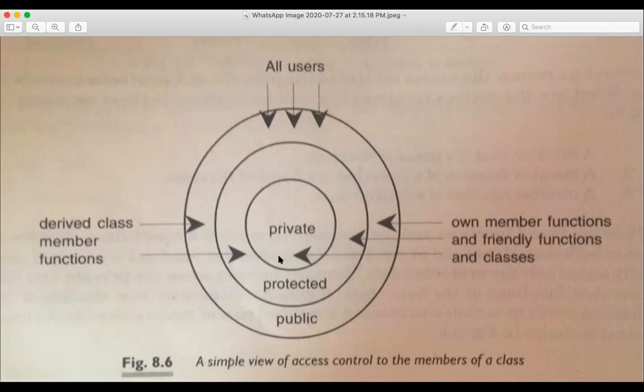So this diagram is again a very important one. Yes, getting this diagram? Yes, sir. Okay. Any doubt in this? I think you have all already gone through it.